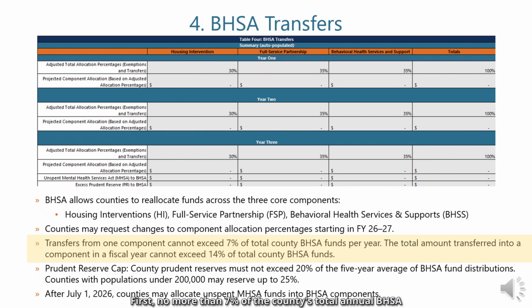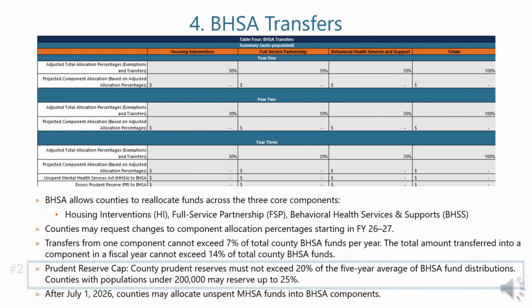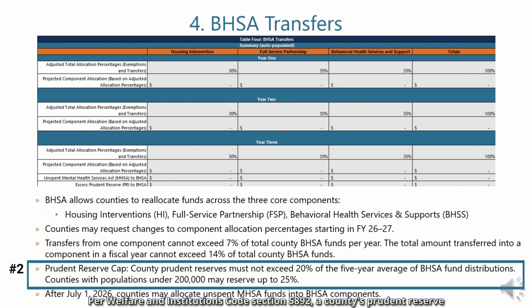First, no more than 7% of the county's total annual BHSA funding can be transferred out of any single component. Second, across all components, the total amount transferred in a single fiscal year cannot exceed 14% of the county's total annual BHSA allocation. 2. Per Welfare and Institutions Code Section 5892, a county's prudent reserve must not exceed 20% of the